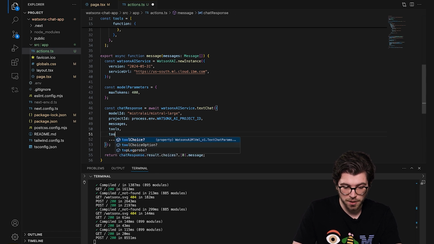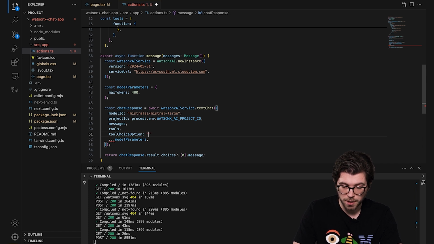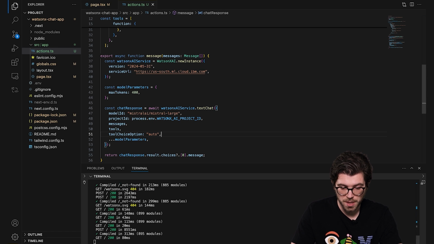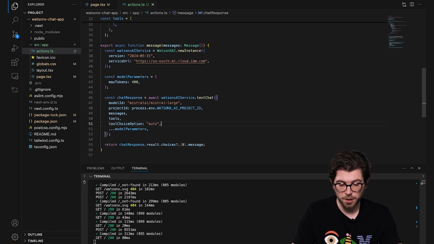I'm also going to set the tool choice option, meaning that I can force the LLM to use a certain tool, or I can just set it to auto, meaning that the LLM can use any tool. I'm going to save this, and after saving this, I still need to implement logic in order to call the correct tool when the LLM is saying a certain tool needs to be called. When you work with tool calling, you, the application builder, still need to implement logic to actually call the tools. The LLM is only going to propose which tool you should call and how you should call that tool.